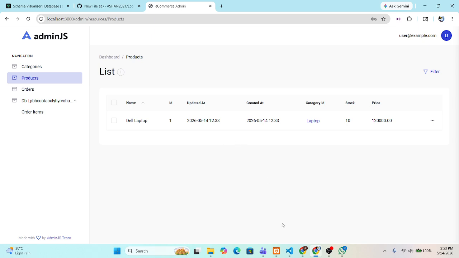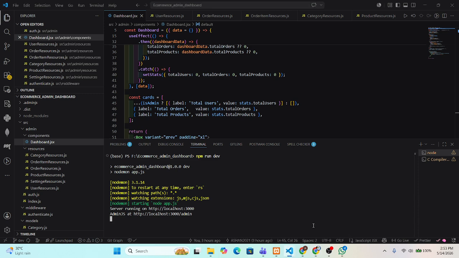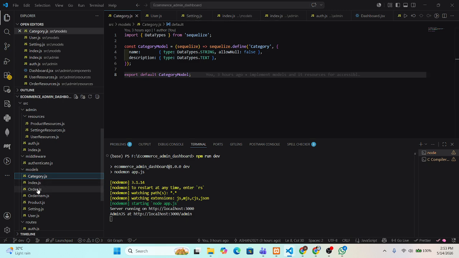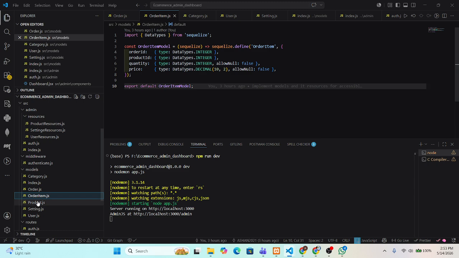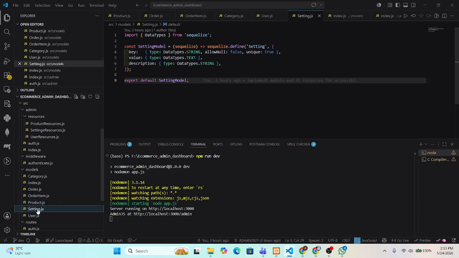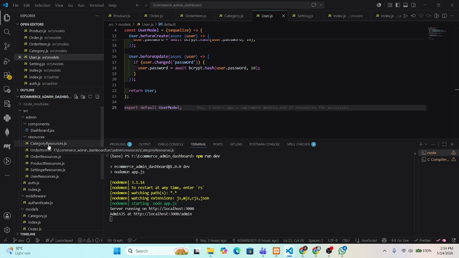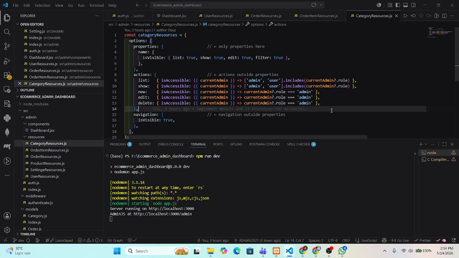Then go to the code base. These show the modules: category, orders, order items, product, setting, users. Then the resources, which manage the access for each action.